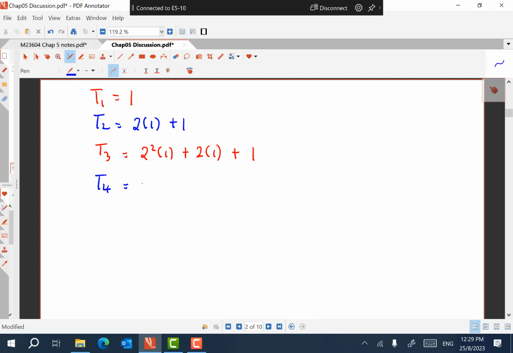T4 is, let me write it this way again. Alright, at this counting, you therefore come to the conclusion that Tn is equal to